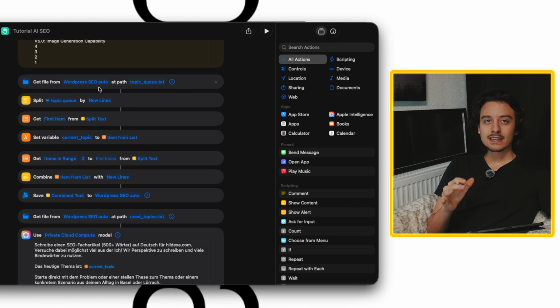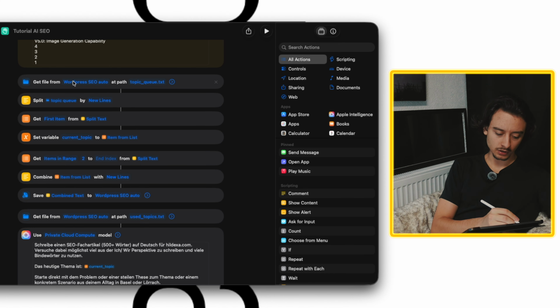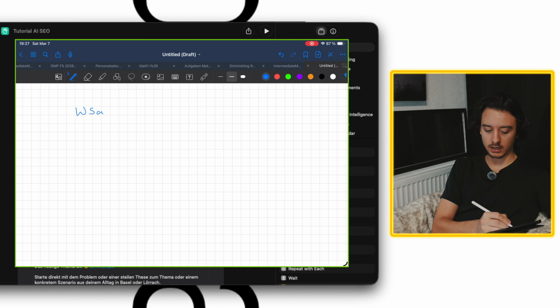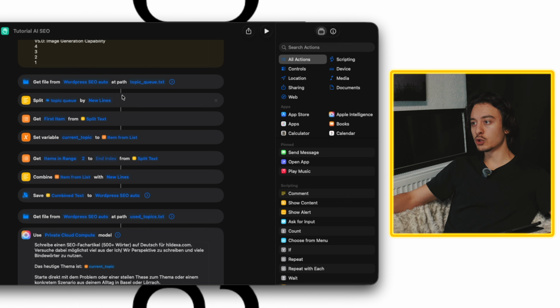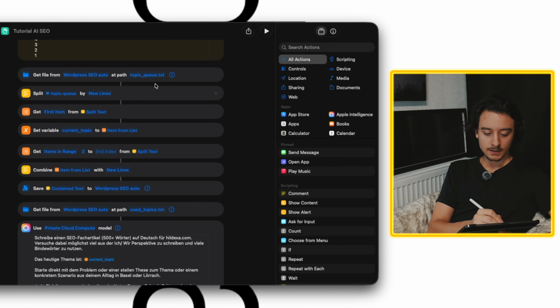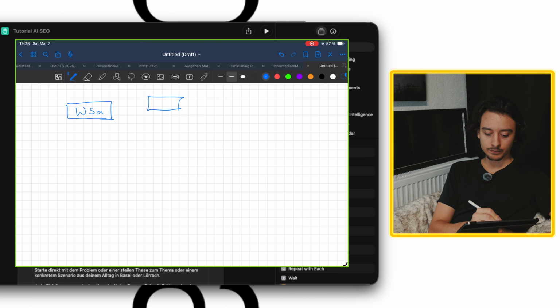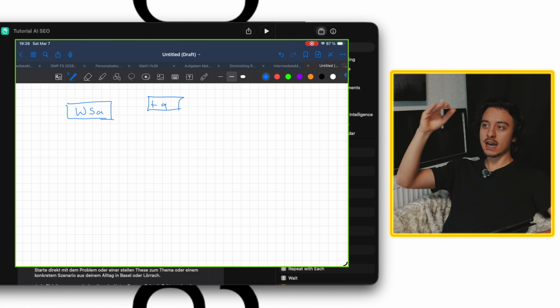Okay, so let's get into how this is actually structured. As you can see, the first step here is to get the file from this. This is a folder. I'll call it WSA, and you'll know what this stands for. This is basically my old folder where everything is located inside. So let's move on to the next piece here, which is topic q.txt. This is basically a file. Topic Q. As I said in the beginning, you basically add a topic list, and this is just plain text. You add a topic,